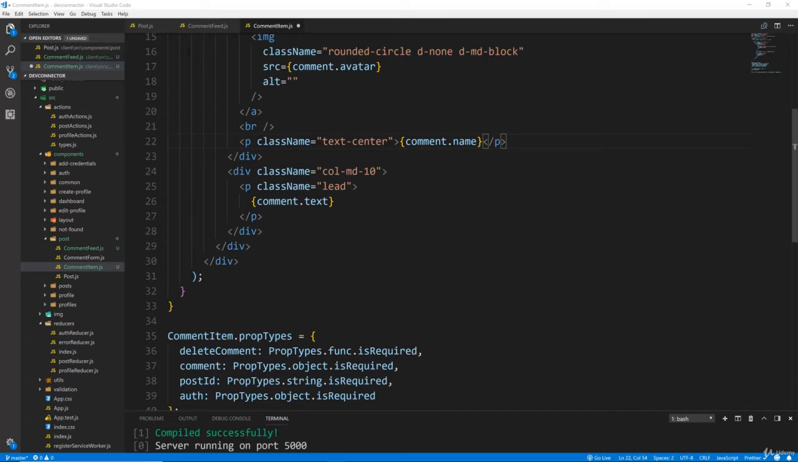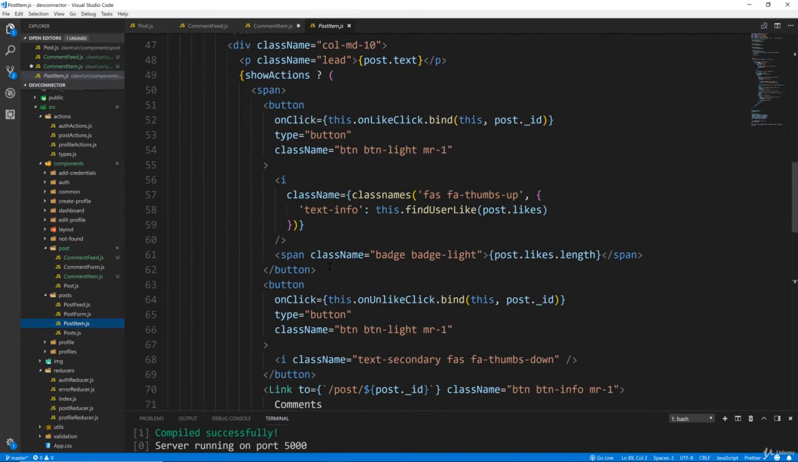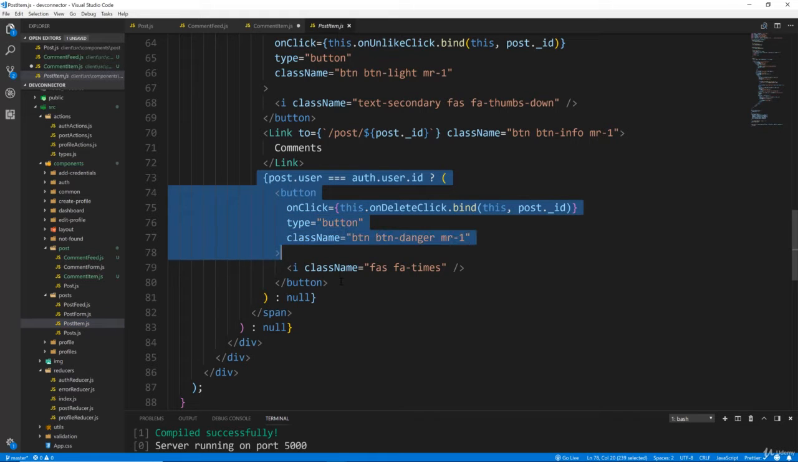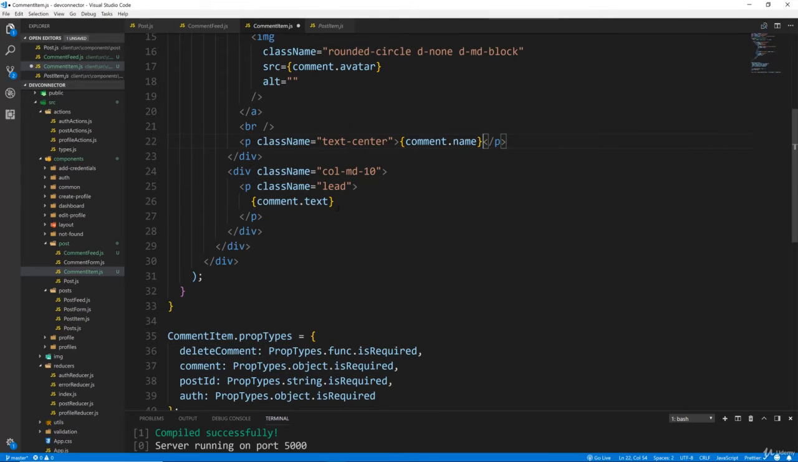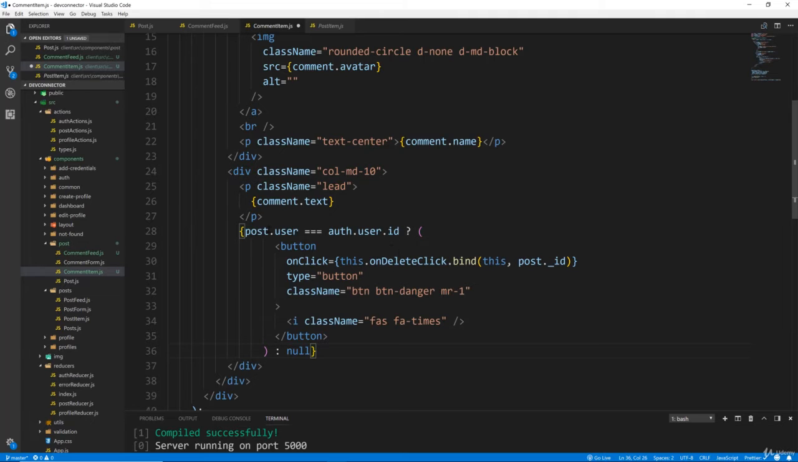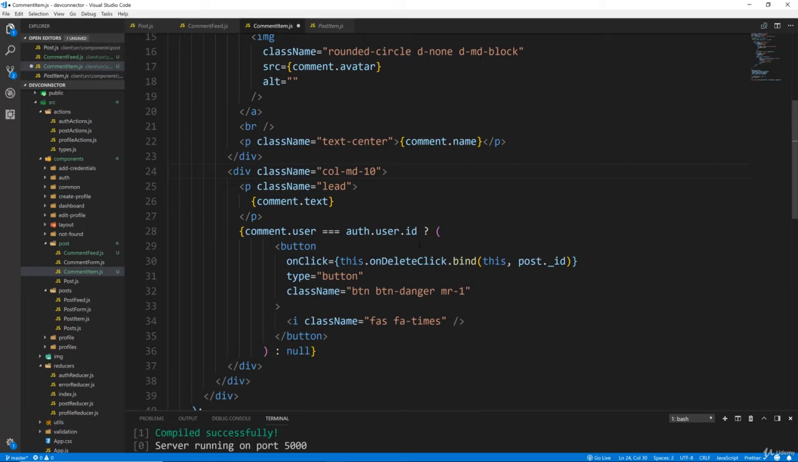So what I'm going to do is go to the post item under posts, where we had that same kind of logic for the delete, which is right here. So I'm going to copy this, from post.user to this, not this null, this one. And let's paste that in right under the paragraph here. Except we're not going to use post.user, we're going to use comment.user equal to auth user ID, and then